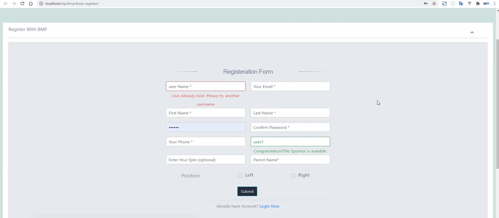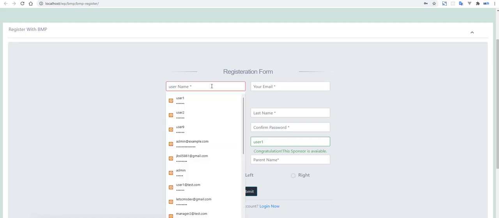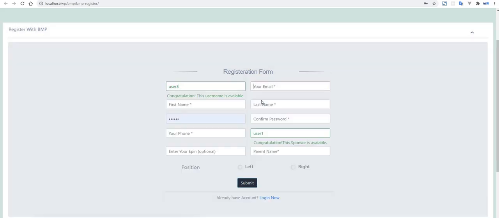But we can go one step further here. I am just putting in user 8 for further pair commission checking. User 8 at the rate test.com, user 8.